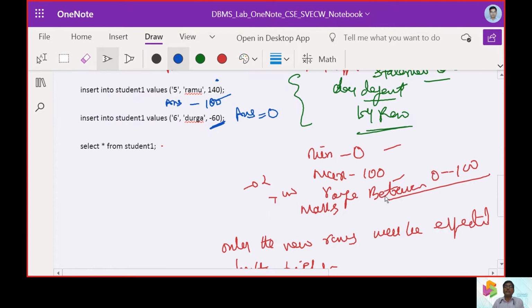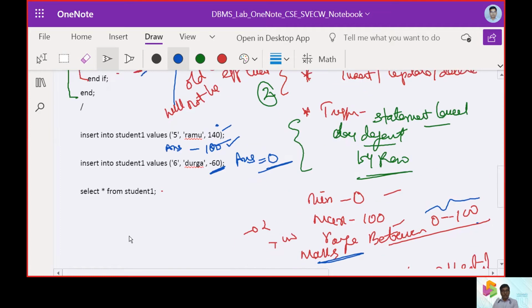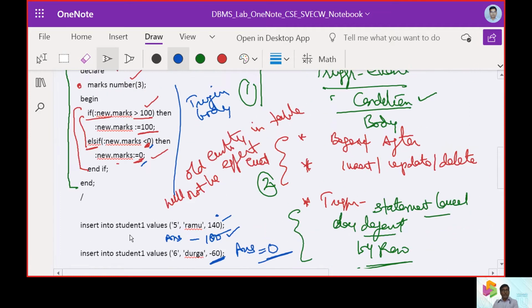So in this way we are going to put the marks range, and marks range only should be between 0 and 100. If it is greater than 100, it should not exceed 100. So we put it as 100, as it is 140 in this case. Similarly, we are going to give it as 60 here, and 60 it was mentioned as minus 60, which is less than 0. So now we move this into a value called 0 here. So that is how we are looking up this query to be executed.